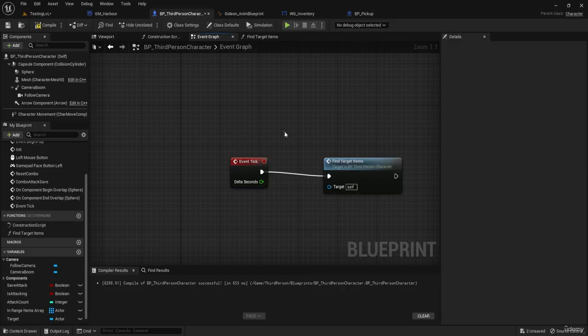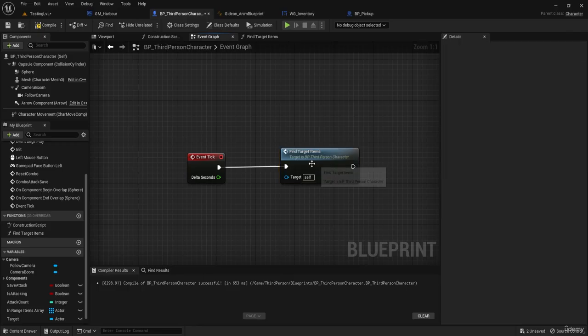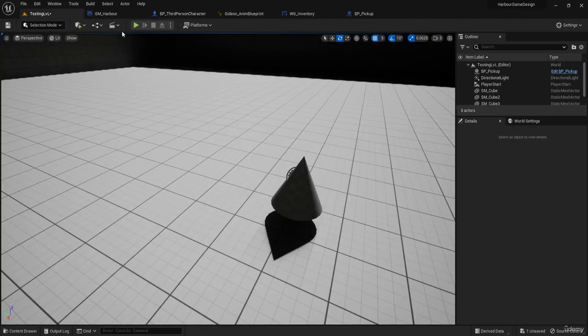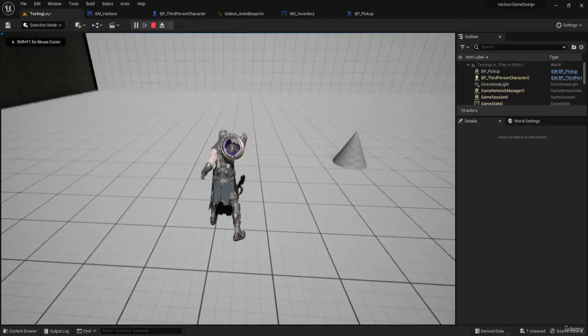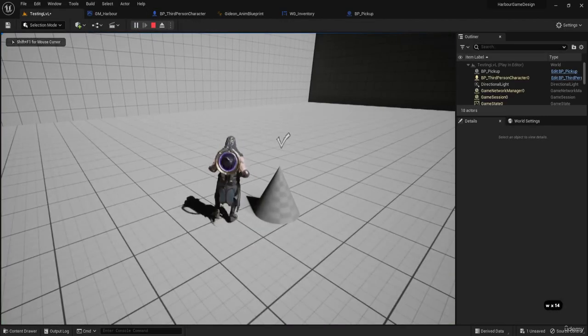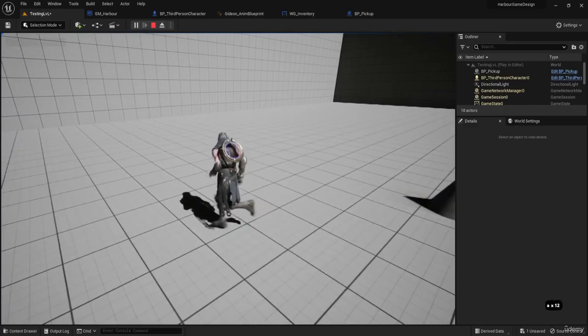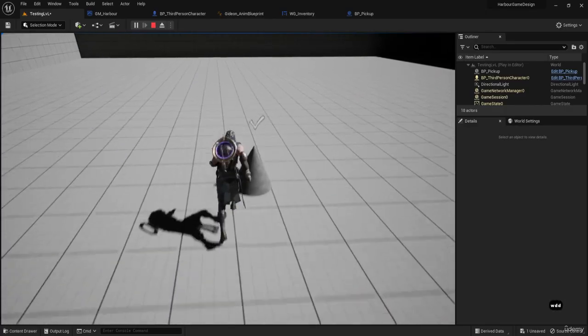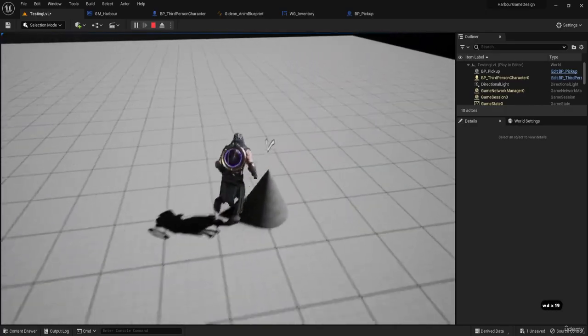Because as we are moving through the world, every frame we need to be checking if we have found an item. So I'm gonna press play, and if I go near the item, there is the widget. If I go away, it disappears. And as I'm moving, the item